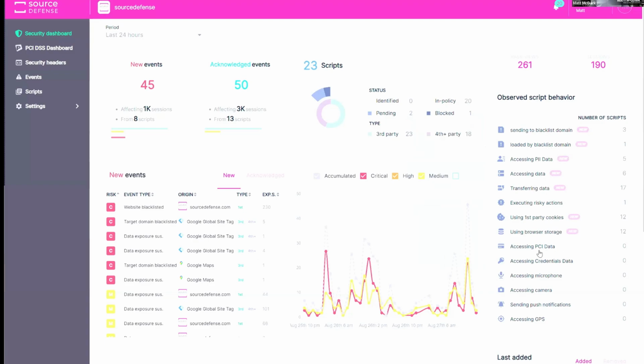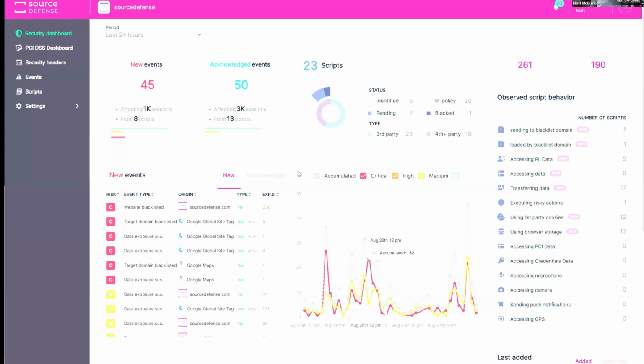If that's happening, what scripts are interacting with card data, and so on and so forth. So we take this behavioral approach rather than ask folks to figure out what domain names and what scripts belong to. We further combine those behaviors into events. And that's how we communicate stuff out of our platform, meaning you can receive email alerts or alerts in your SIEM or other system based on what we're seeing on your sites, and have your team work with it that way so you don't have to live in this dashboard if you don't want to.